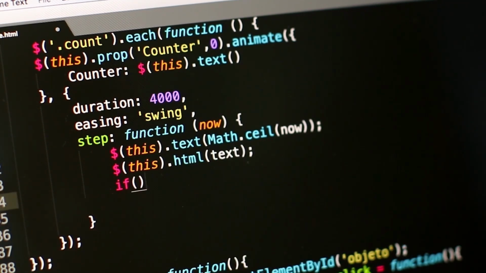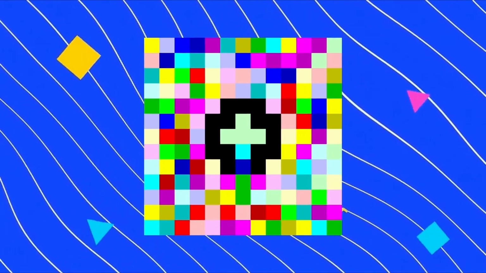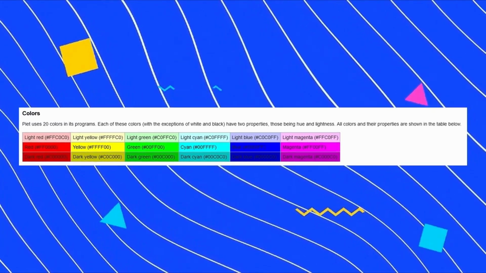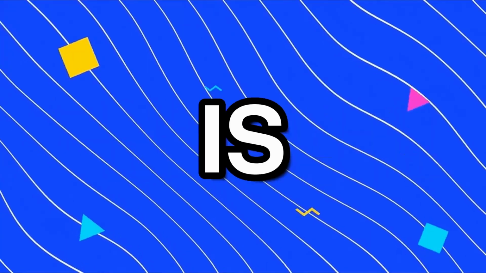Before we jump into our number 1, we have an honorable mention, Piet. Piet is the most different language in the list. Instead of words or symbols, Piet uses colors to write code, and each program looks like a painting of its own. And the winner is